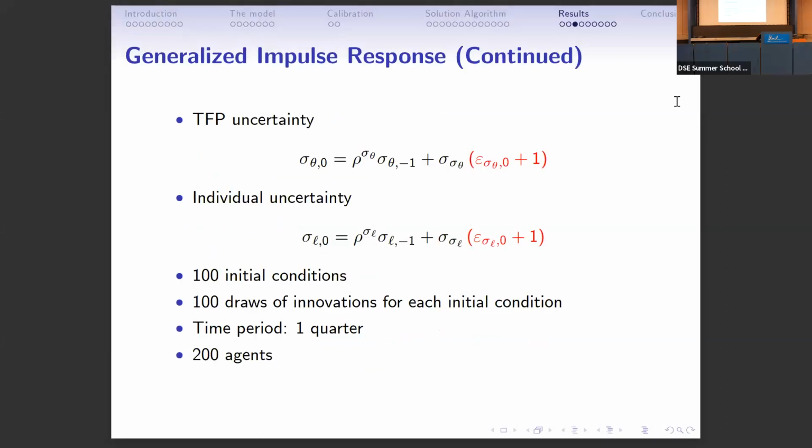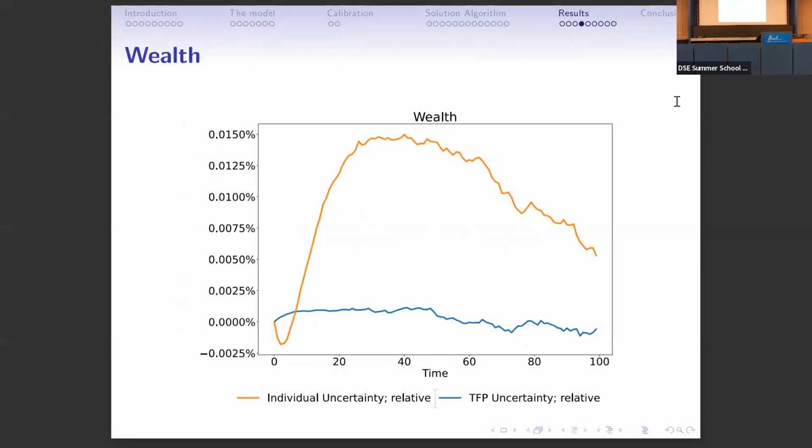And so this is done for TFP uncertainty and individual uncertainty. We need to make many draws with different initial conditions, and then for each initial condition, there are multiple draws of innovations. Then these results are presented for 200 pages. So what we found in general,